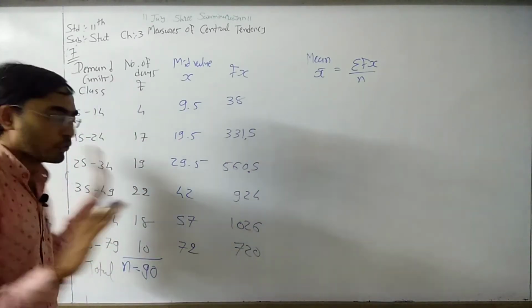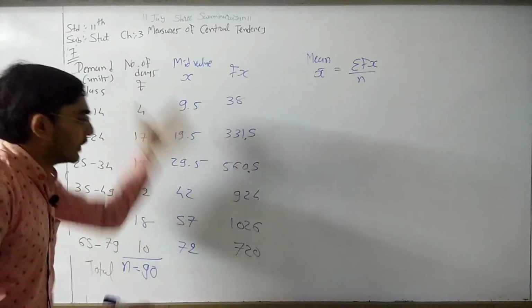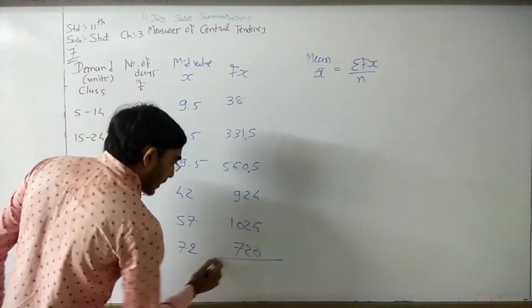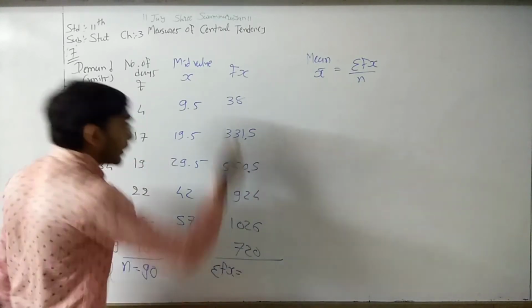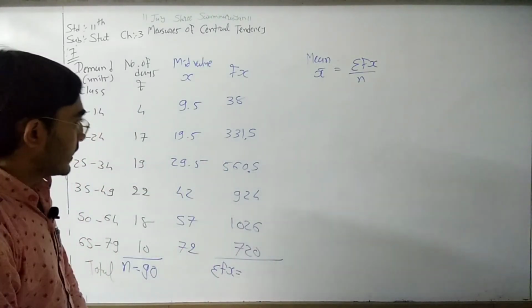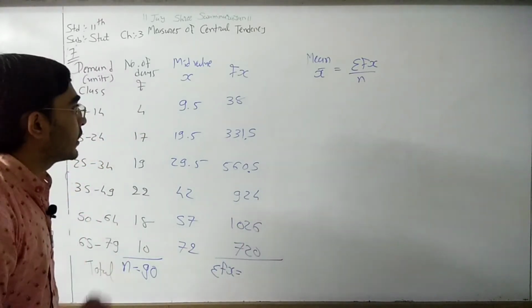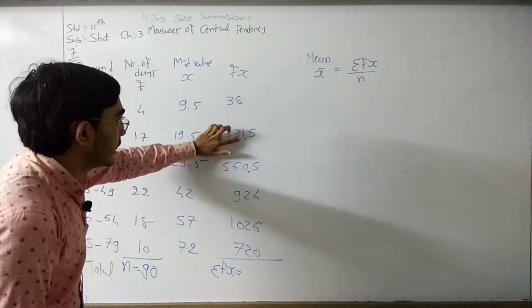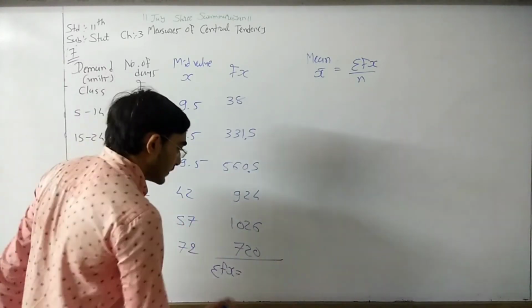I just use the direct calculation here, but if you have the calculator, use the calculator. You can easily get this value. Now after that, here we need to find the sigma fx. So we need to add this value, right? So here after that 0.5, so it becomes 0. 1 remainder is there. 8 plus 1, 9, 9 plus 1, 10, 12, 14, 16.